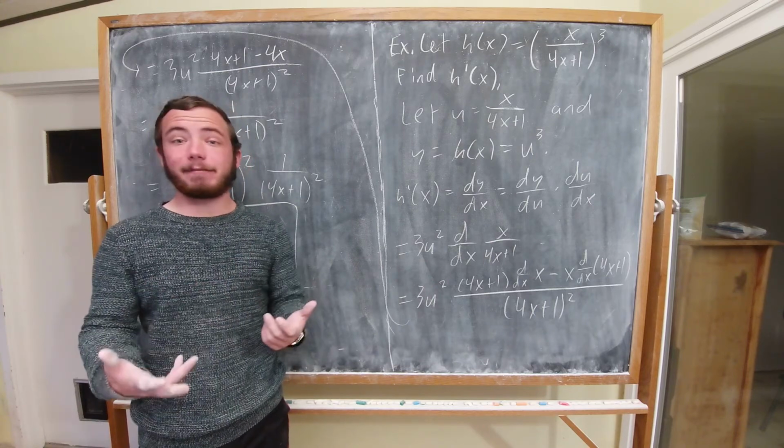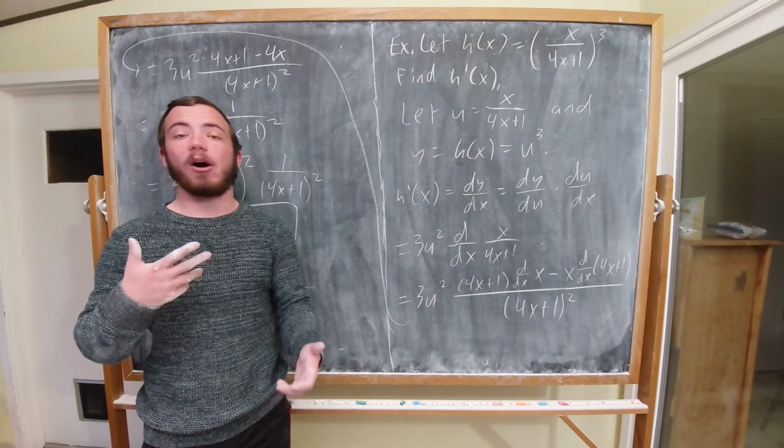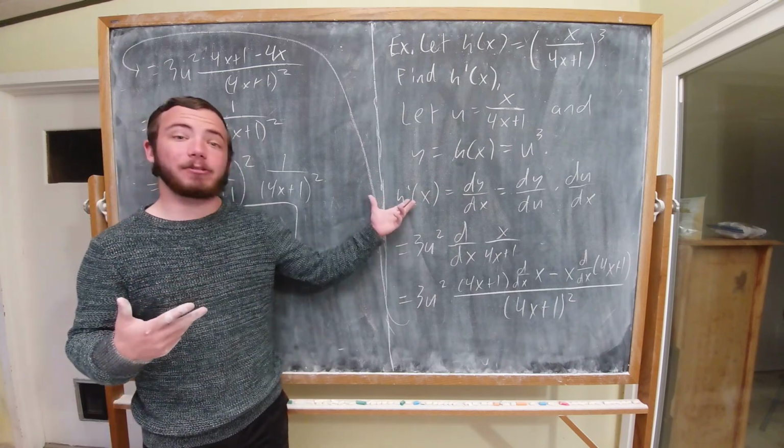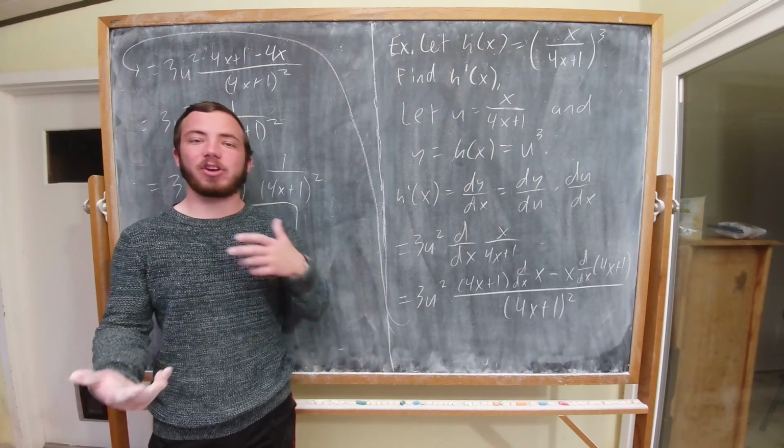So yeah, that's it for rules of differentiation, and in the next chapter we'll start talking about, okay, this is how to differentiate things. Why do we actually care about differentiating things? What can you use it